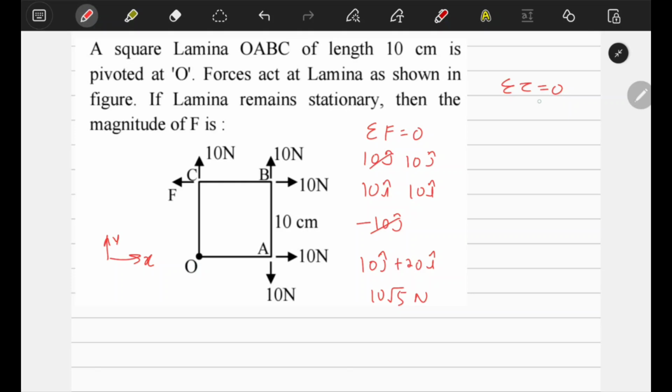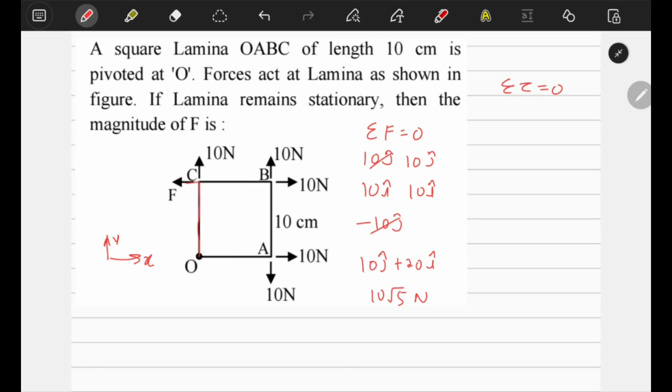But in case of rotational equilibrium, if we apply net torque equal to 0 about O, then the forces of this hinge, their torque will become 0. So if their torque becomes 0, then things will be very simple for us. So now we can write down net torque equal to 0. Let's see the torque offered by different forces.